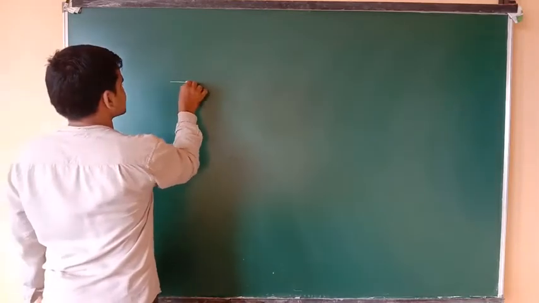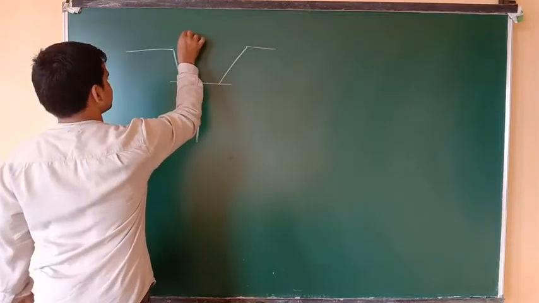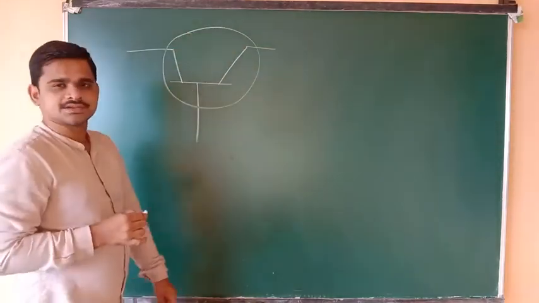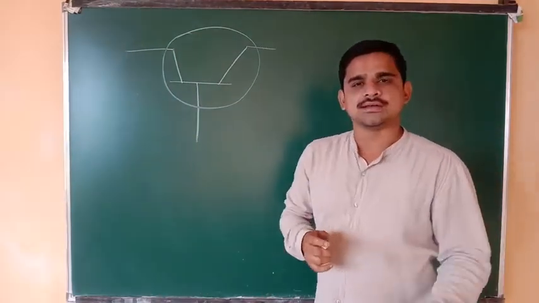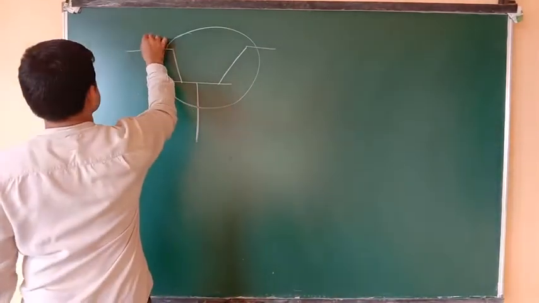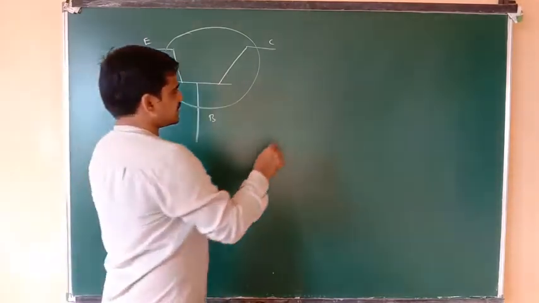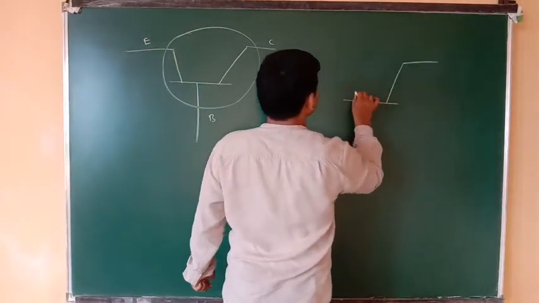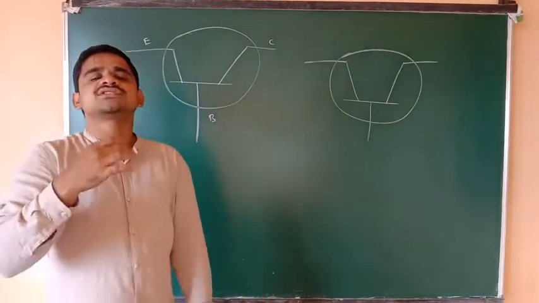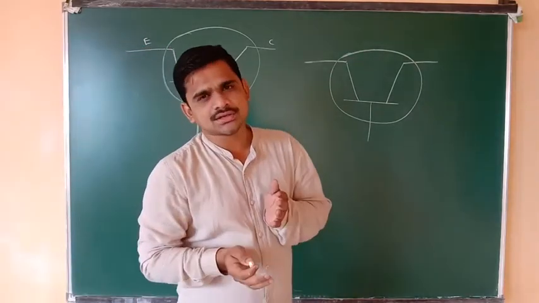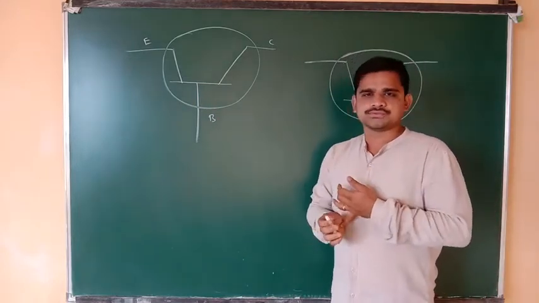If you see the symbol for these transistors, a transistor has three terminals. Resistors have two terminals, capacitors have two terminals, and a battery has two terminals, but a transistor has three terminals: emitter, base and collector. The main difference between the NPN and PNP transistors is the direction in which the charge carriers, meaning holes, the positive charge carriers, move.